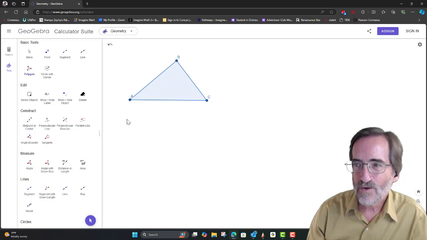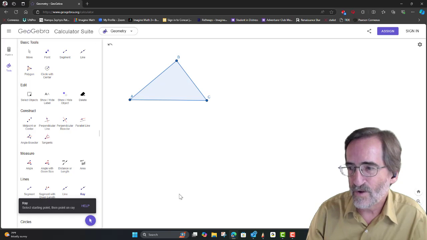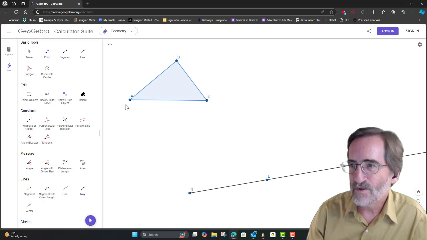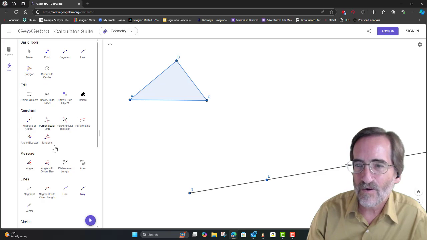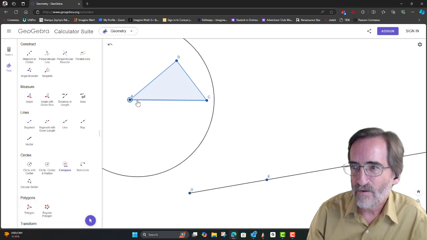All right. So in order to construct an angle that is the same size as angle A, I'm going to use the angle copying construction. Okay. So first I'm going to draw a ray. All right, let's use ray here. Okay, so angle D is going to correspond to angle A. And you may recall we use our compass tool to measure a circle